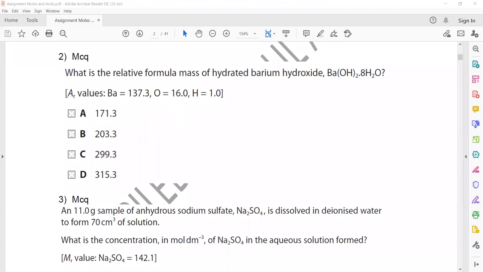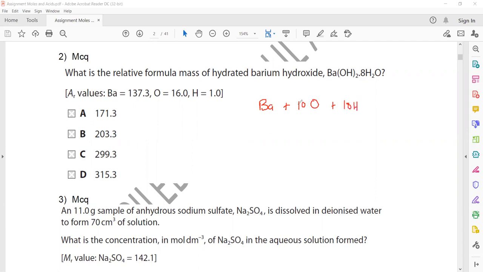In the second question, what is the relative formula mass of hydrated barium hydroxide? So when we work out the mass of hydrated barium hydroxide, it contains one barium, the hydroxide OH group, it means 2 oxygen here and 8 oxygen, so in total it will be 10 oxygen. The number of hydrogen, 8 multiplied by 2, that's 16, plus 2 is equal to 18, so there are